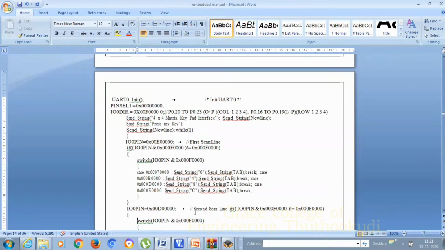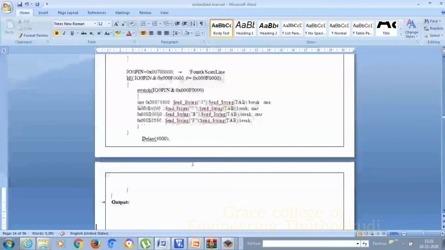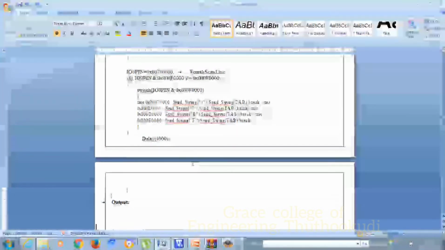This is the second scan line for the second column. If any corresponding row is pressed, then it will scan. This is the third column. If any corresponding key is pressed, then the corresponding row will be made high and the key is read. And this is the fourth column. If any key is pressed in the fourth column, then the corresponding row will be scanned and it will transmit it to the UART through the hyperterminal window, and we can see the output.